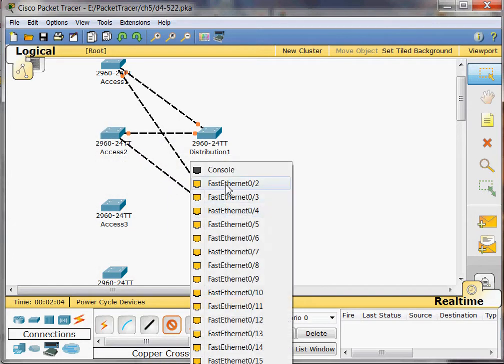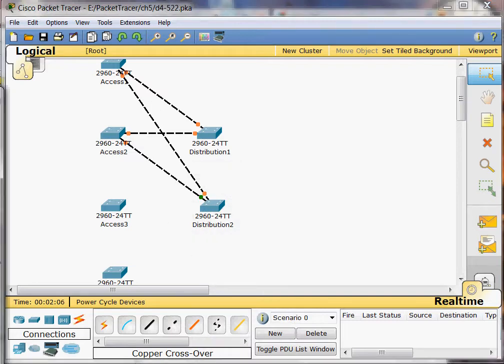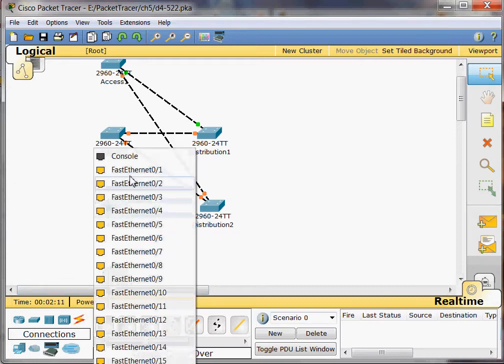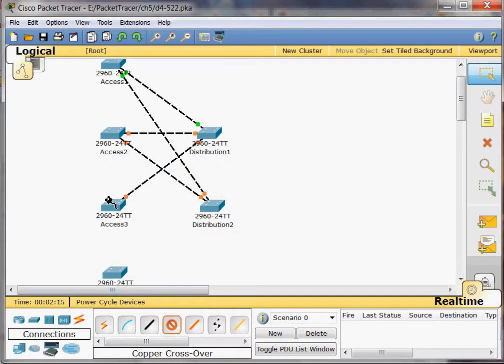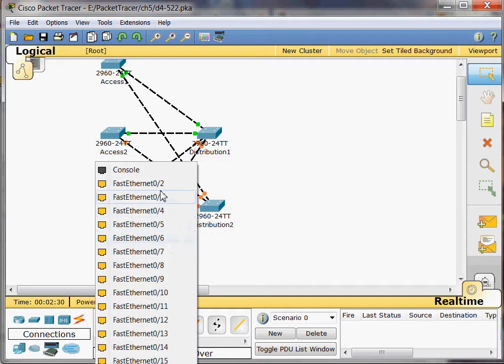Okay, the next thing we need to do is the same thing for Access 3. Connect it to Distribution 1 and Distribution 2, and then Access 4 to Distribution 1 and Distribution 2. Okay, so